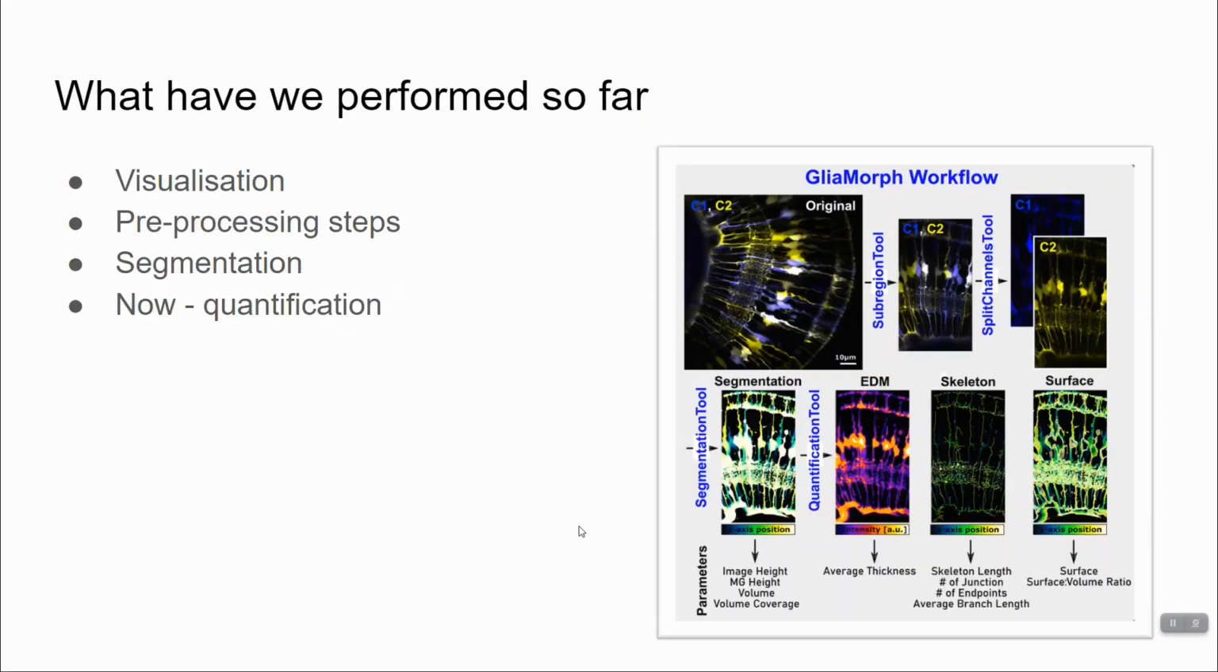Hello there, and welcome to Step 5 in the Gliomorph Toolkit, 3D quantification of glial cell morphology. So far in our journey, we've carried out the visualization and pre-processing steps, including the subregion tool and splitting the channels. We've just now completed the segmentation step, binarizing our images to delineate the milliglia from the background. We will now carry out the quantification step, which will provide us with numerical values to assess the morphology of